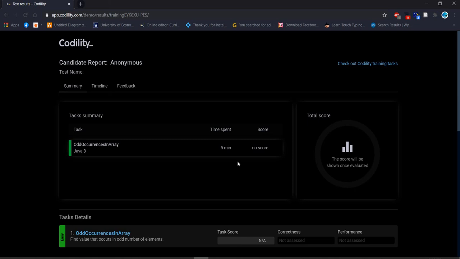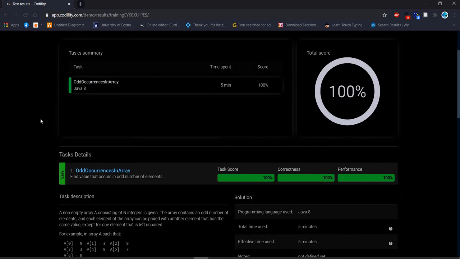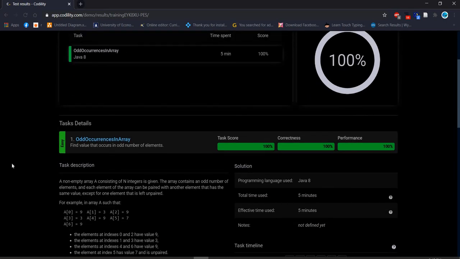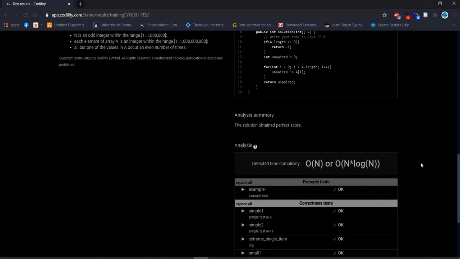It will take some time to evaluate. It's nice. Our test score is 100, correctness 100, performance 100. So it's perfectly done.